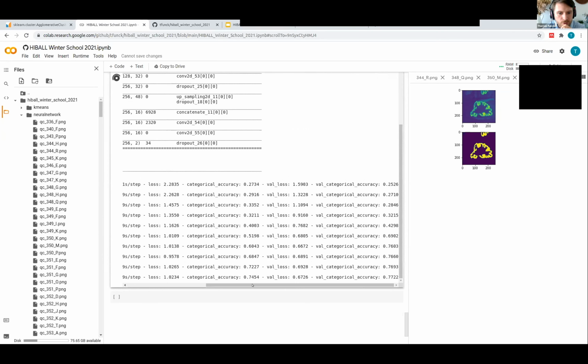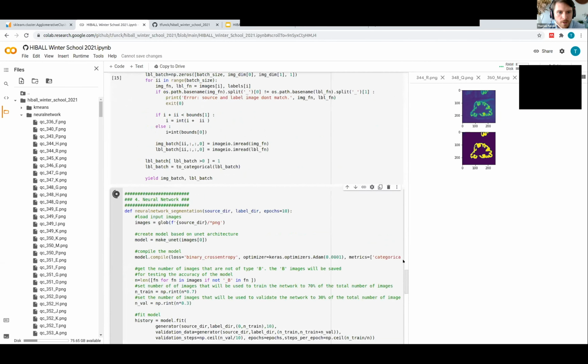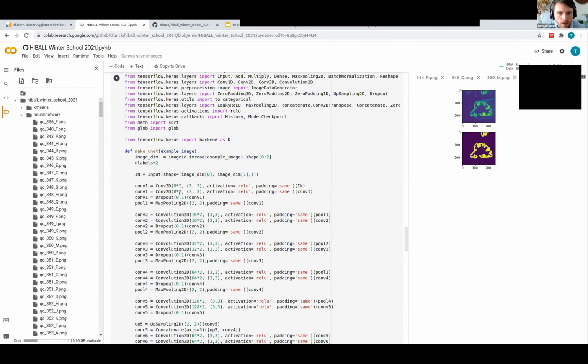So I think now it's finished training and it's applying the model to the images. For all the input images, it's trying to segment them using the network. While that's going on, something that I added to the network here are dropout layers. What these do is they randomly knock out a certain portion of the weights at each iteration. Here, because it's 0.1, it's going to knock out 10% of the weights at each iteration for the previous